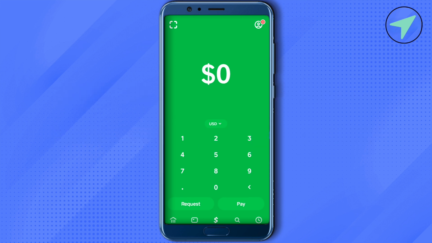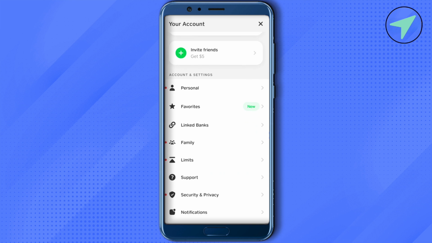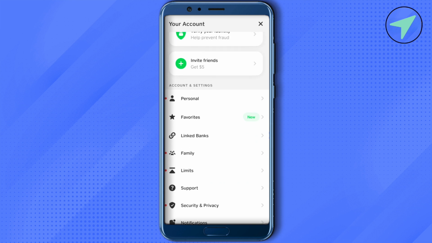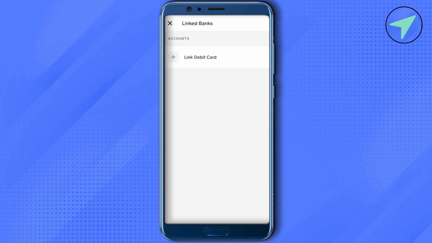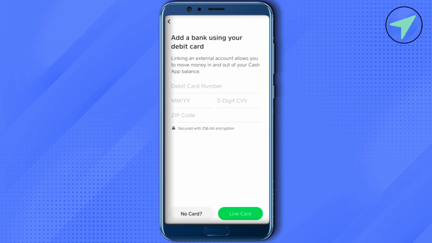So for this, just simply open up your Cash App. After that, click on the profile section at the top right hand side corner and scroll down. Here you will be able to find the option of linked banks. Just click on it. Then click on link debit card. Now provide the debit card details, and this way you would be able to send money from Cash App to